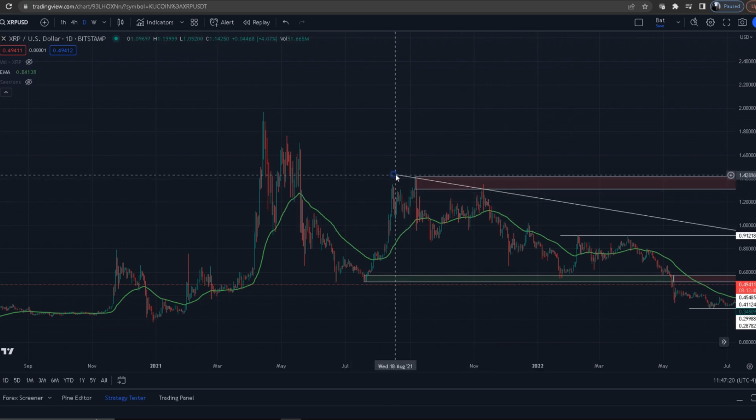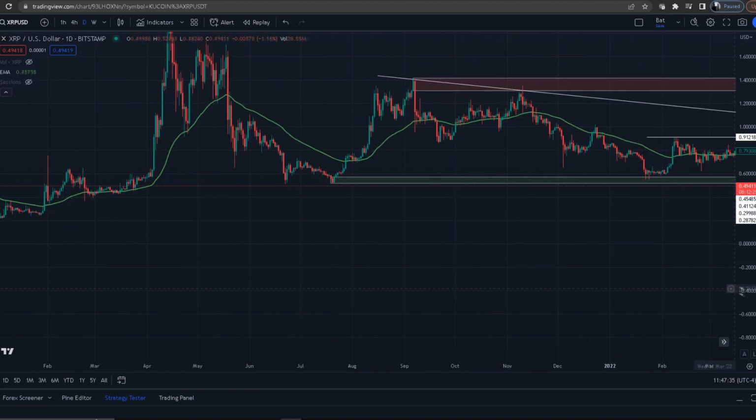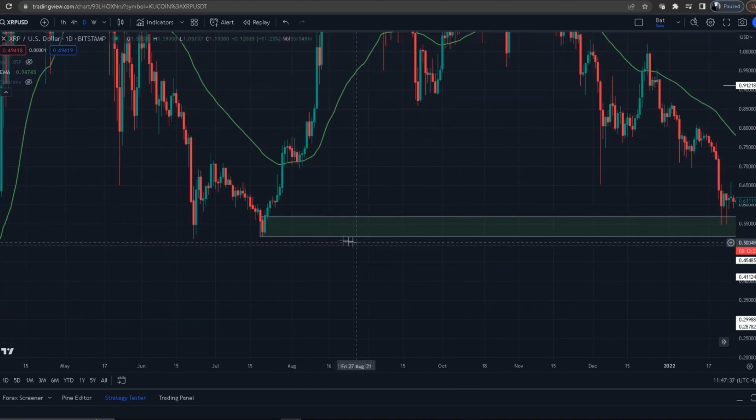So you could run this up and cut off the wicks and stuff, which is fine, whatever works. But that's part of the reason why I don't like using trend lines or diagonal trend lines anyways, because they're so subjective. But regardless, what I'm going to use is